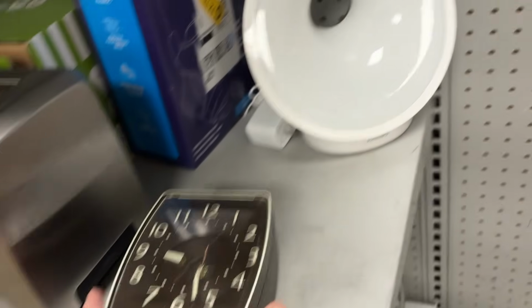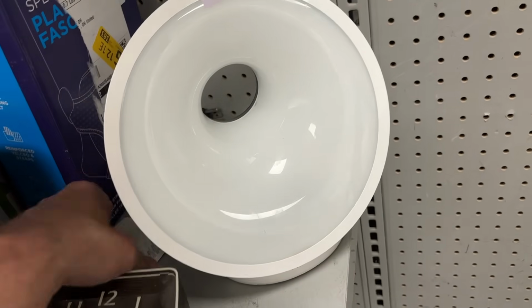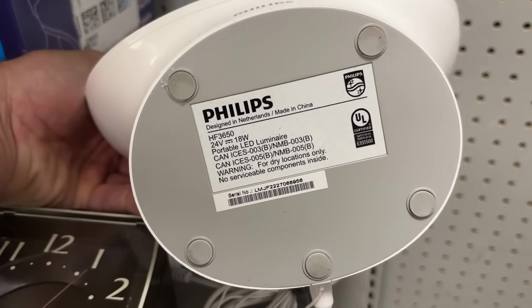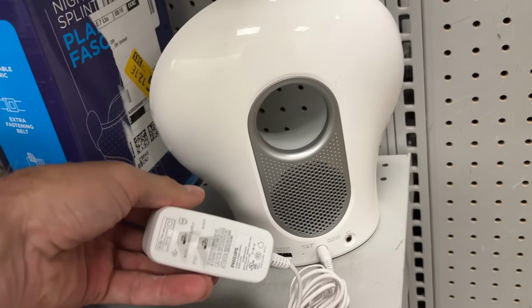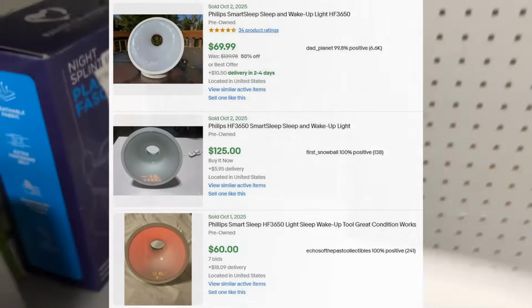Speaking of the Philips, here it is right here. It was on the other side. So this is an LED. You plug it in, and it's almost like a sun clock, if you will. HF3650, I think, was the model number on it. These are amazing. Look for these, and plenty of them sell for even more. Again, this is another one where I had it listed for $75. I sold it for $52, but it would have sold